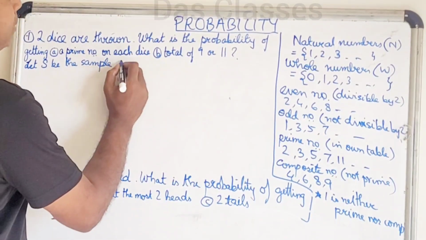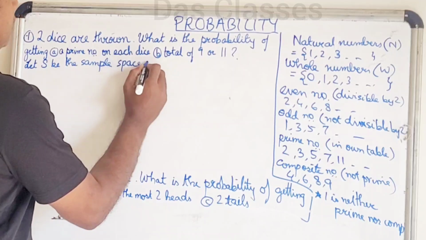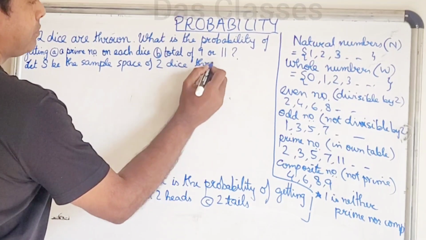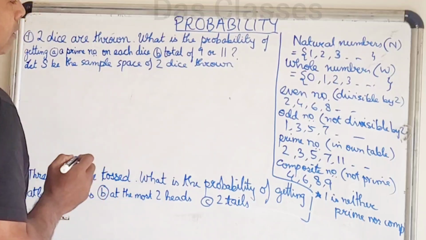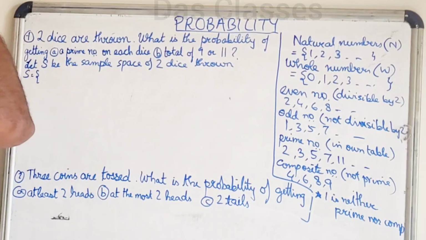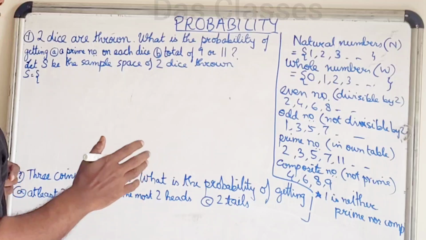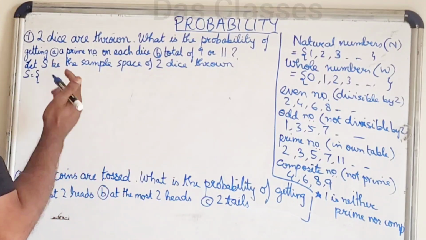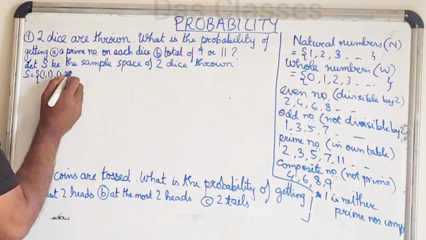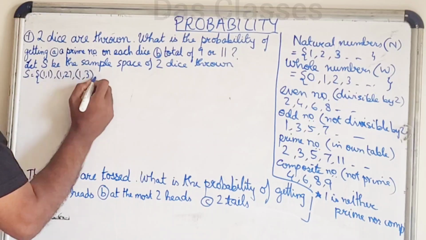Let S be the sample space of 2 dice thrown. So what are the elements that will be included in it? 2 dice, as you know, in a dice we can get from 1 to 6. Now 2 dice are thrown, so in both of them: 1 1, 1 2, 1 3, 1 4,